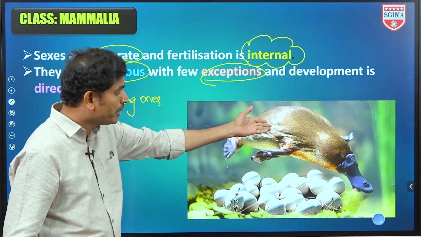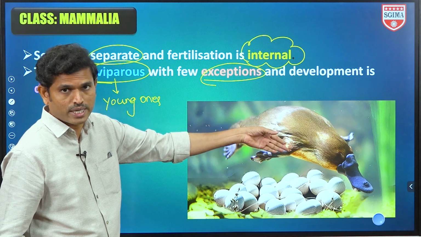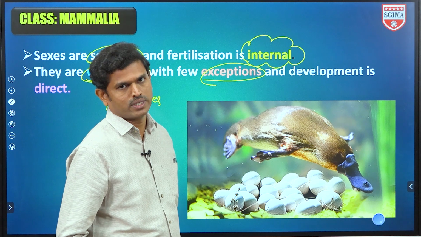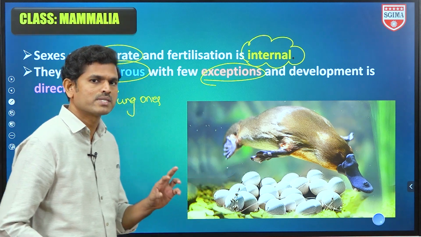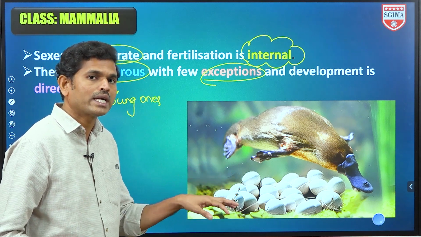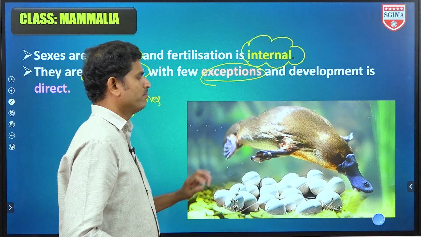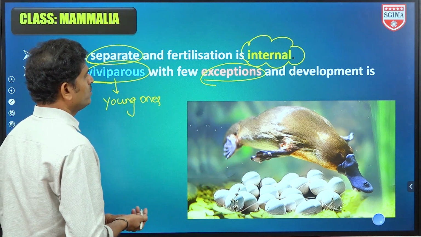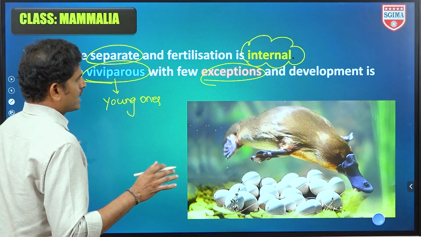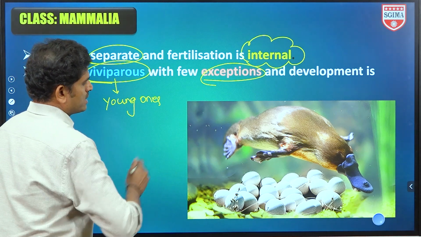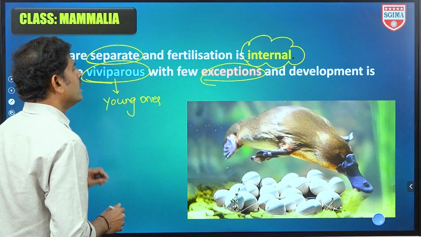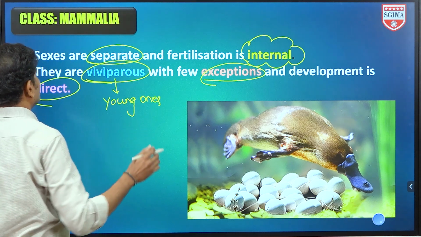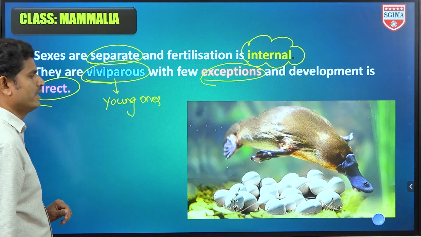इसमें ये belongs to prototheria. ये prototherias में एक unique feature is gynecomastism बोलते. So both males and females have well developed and active mammary glands. Males also can give milk to the young ones. So maximum organisms except these prototherians, duckbill platypus, all are viviparous. Development is direct. Indirect कोई stages, larval stages नहीं है इधर.